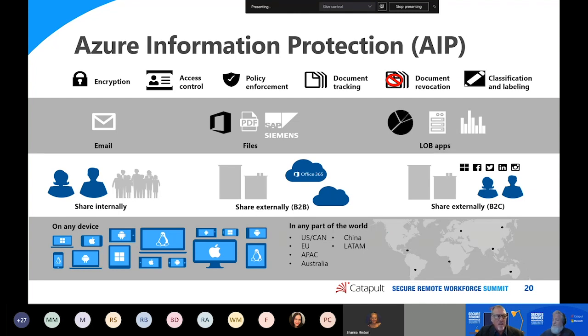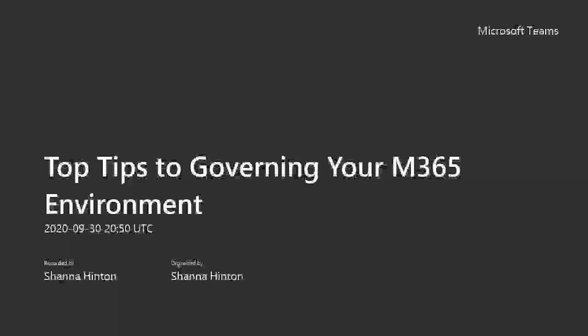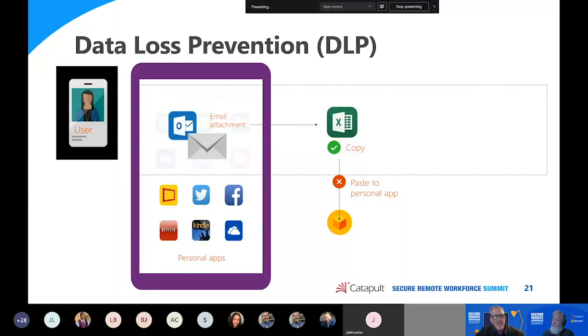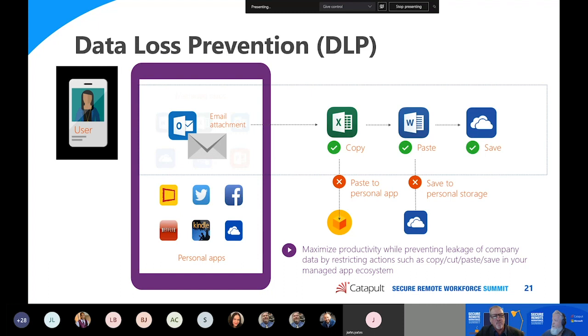You may say, hey, it's okay for this intellectual property to go to my trading partner, and it's okay for them to open it, but we don't want them to share it beyond them. You can set that up. You can say this can never leave our domain, and set disallowed actions regarding the content of that data. So the spreadsheet may go to my Dropbox account, but I may not be able to paste content into a personal app. Build it up again, Tim, just with the space. Yeah, same thing with the Word. I may be allowed to paste content, but don't let it save to my personal storage.